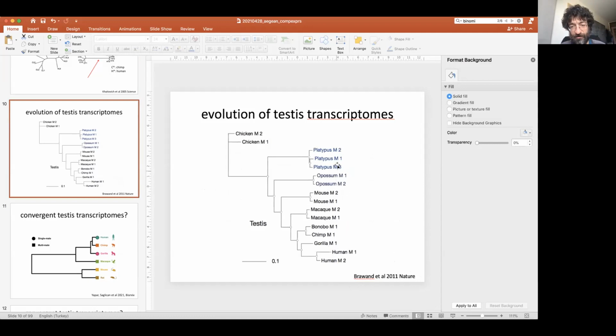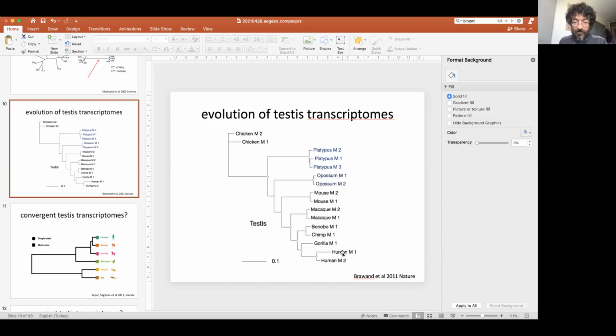They also had mouse and other species, as you see. And there they saw that gorilla, they had one gorilla male, seemed to be closer to the human than the bonobo and macaque. And that, of course, supports the idea that this could be a change where the chimp might have diverged more.